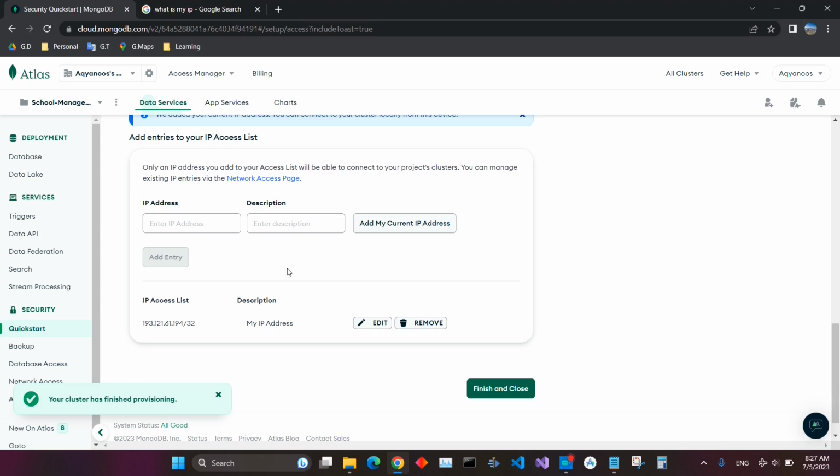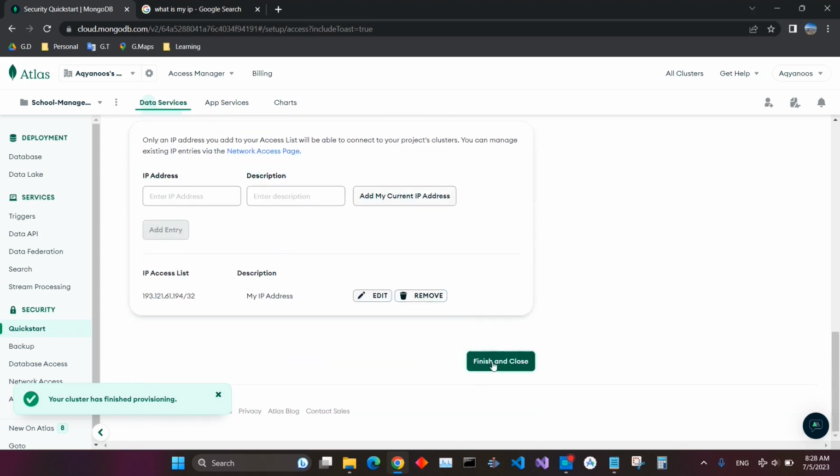It will not work if you use a different IP address. For example, in my case, if I use this IP address here and host the application in another machine and do not add the IP address of that machine, the application will not work. For now, finish,